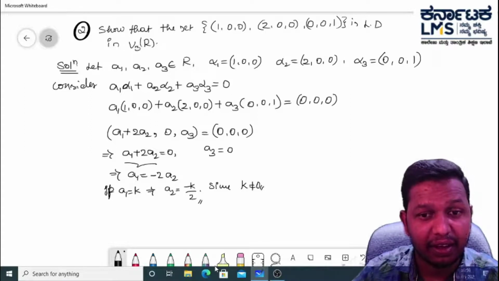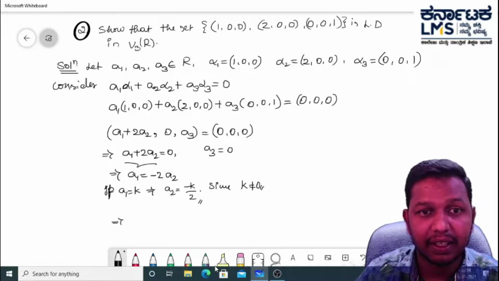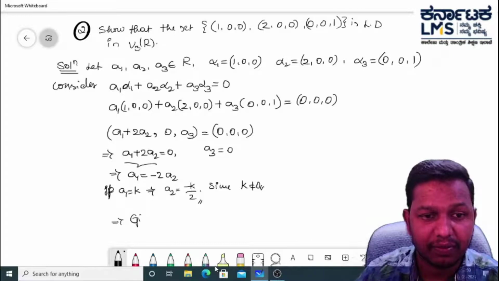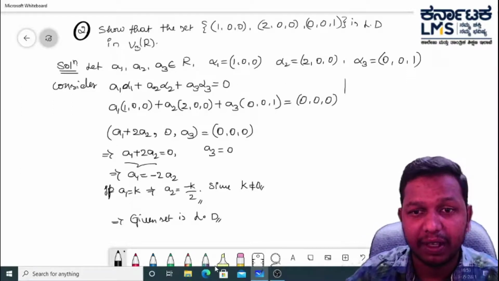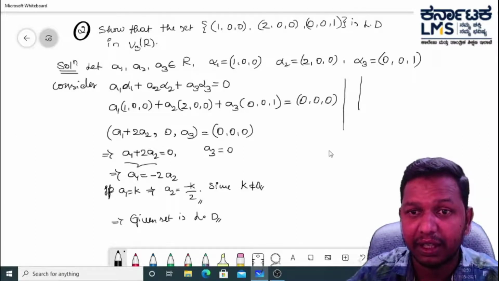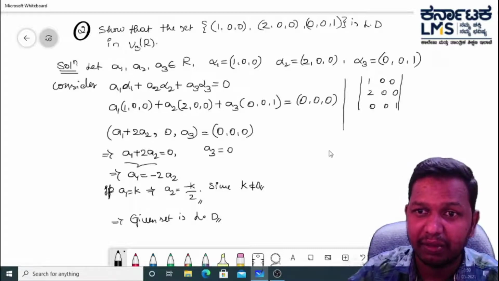Since k is not equal to 0, a1 and a2 are not equal to 0, which implies that the given set is linearly independent. In the matrix method, consider the determinant 1 0 0, 2 0 0, 0 0 1, determinant value